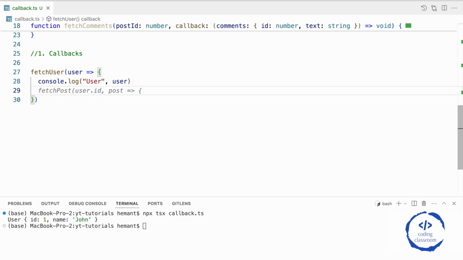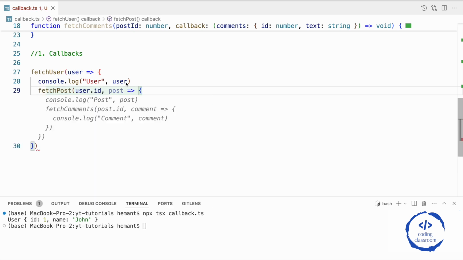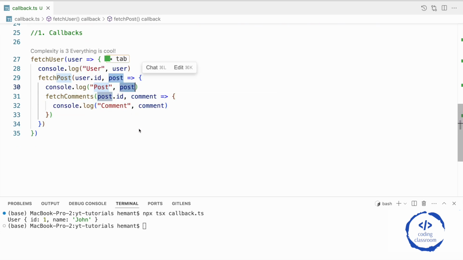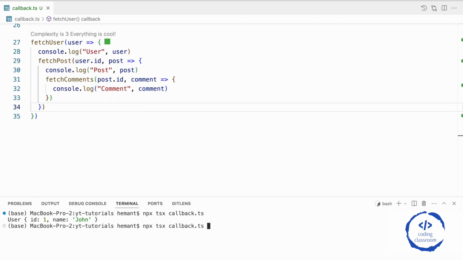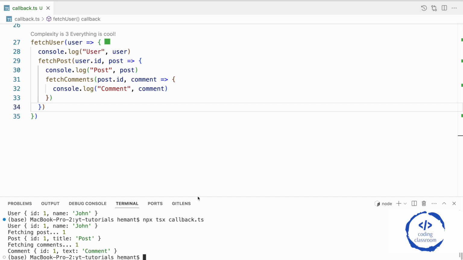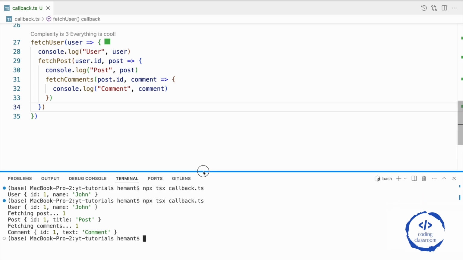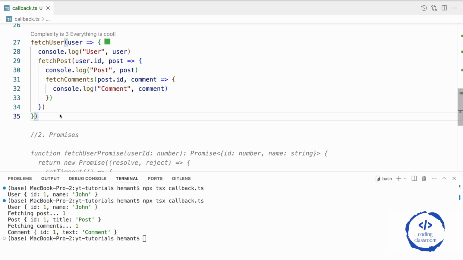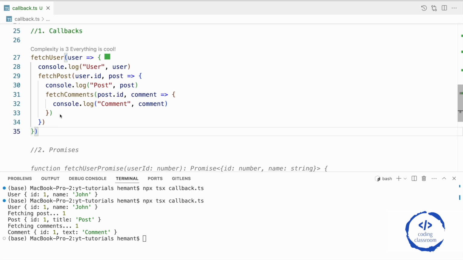Now, when we have user details, we will fetch the post for that given user ID, and then we will console log post, then we will fetch the comments. Let's see if it works. Yeah, it's working. So we are successfully able to fetch the comments for this user. This is working fine. We don't have any problem in terms of working. However,